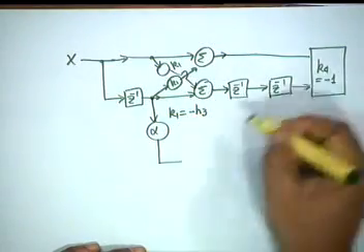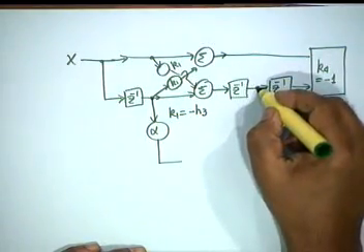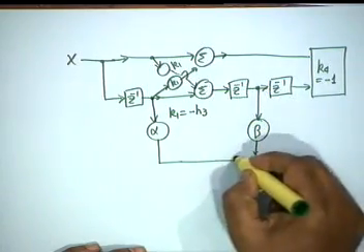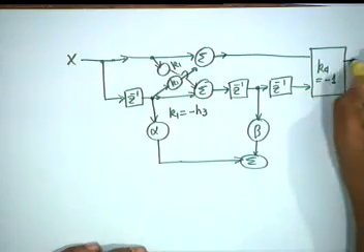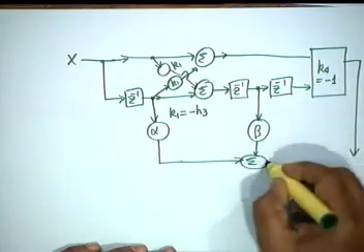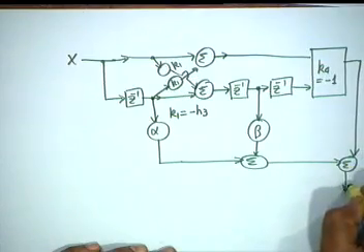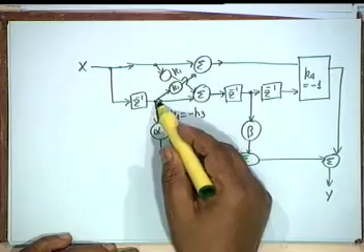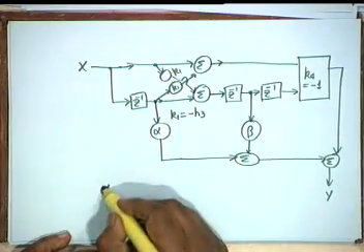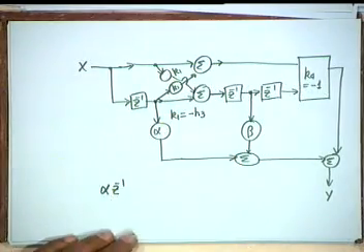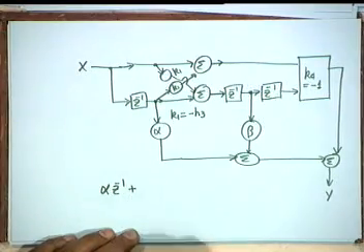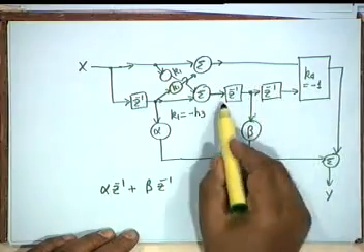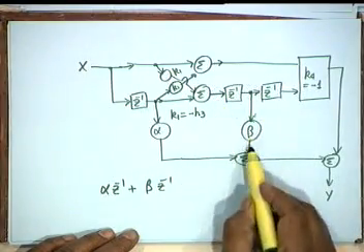Let us say this is alpha and another here, okay, z to the minus 2. Let us say this is beta, and add with this. The only thing that remains to be found are the values of alpha and beta. Now, what comes here? What is the signal here? Alpha z inverse, right, plus beta z inverse, from here to here is beta z inverse.